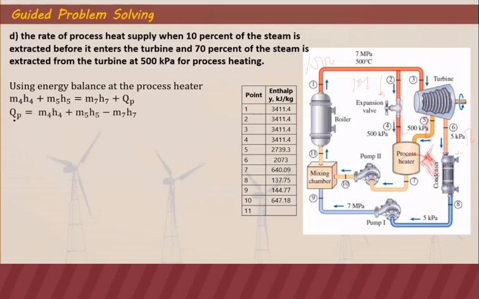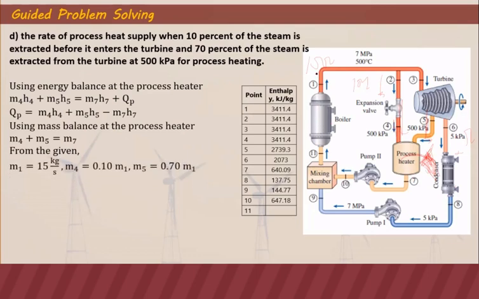So the process heat is just equal to this value if we rearrange the energies. And using the mass balance at the process heater, the masses that enter are 4 and 5, and the mass that leaves is 7. That's why M4 plus M5 is equal to M7. Using the percentages from the given, we know that M1, the mass that flows here, is 15